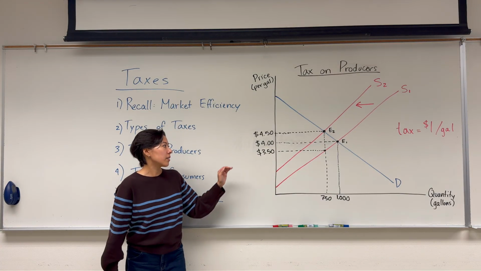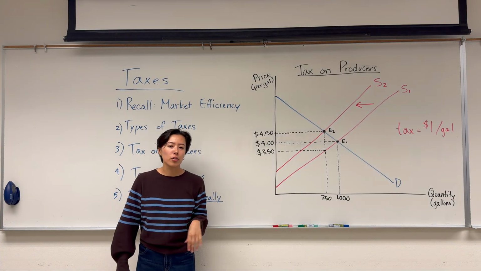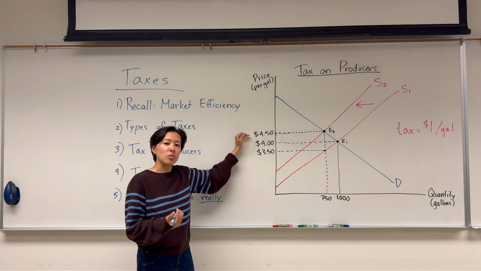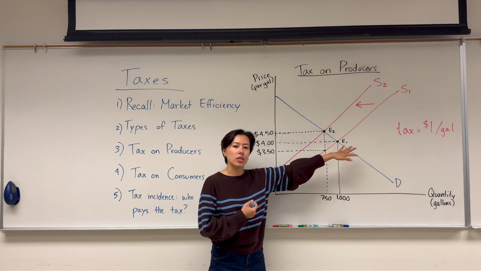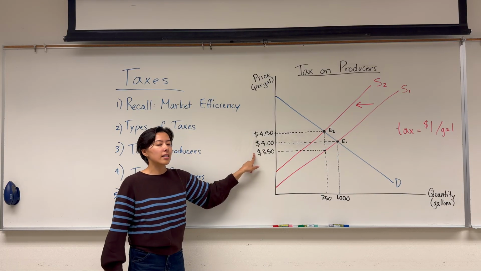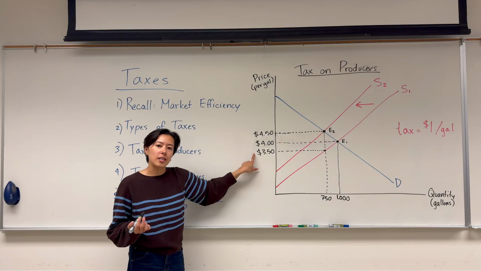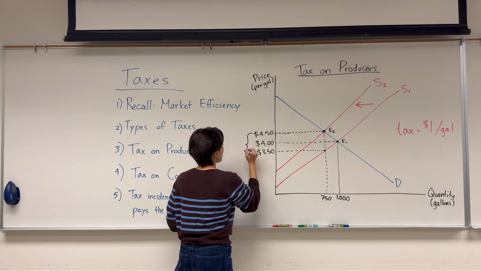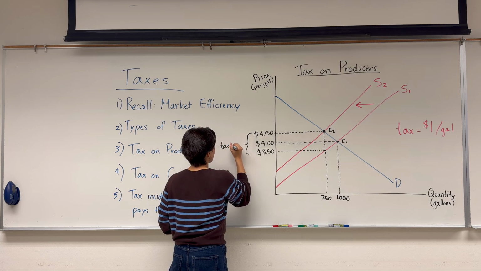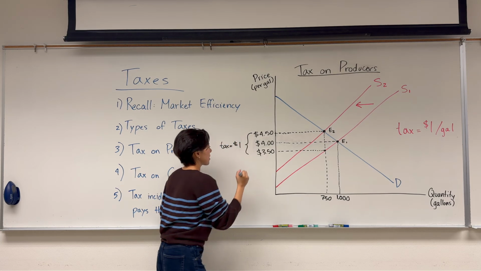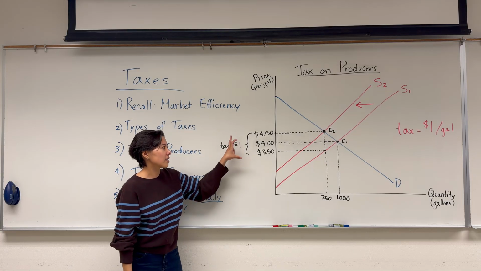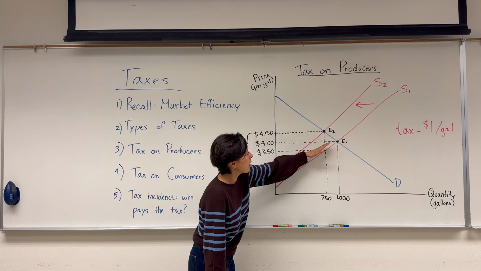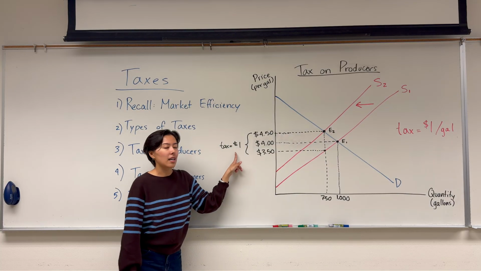So my consumers after the tax have to pay $4.50 per gallon. Our sellers collect that from the consumer, but they have to hand back that $1 to the government. So our sellers get to keep this $3.50 per gallon. And so the difference between the price that our consumers pay and the price that our sellers get to keep is exactly the amount of the tax. And so we can see that our supply curve has shifted up by exactly the amount of